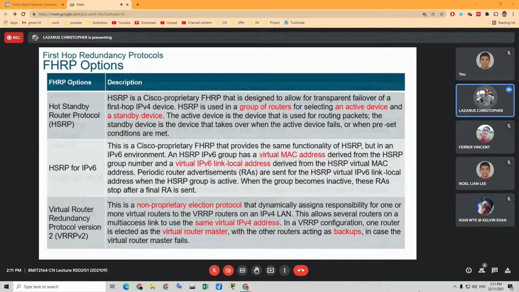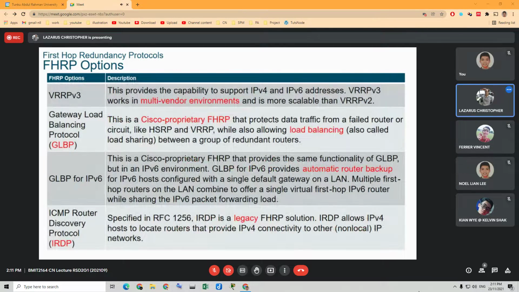Right. So the next slide, you can see others. The more up-to-date version, VRRP version 3, supports both IP version 4 and IP version 6. And it's because it's open, it's non-proprietary, it's open. That means it's the protocol that you want to go for if you're working in a multi-vendor environment. Means you have more than one vendor providing different brands. Okay, and because this is a newer version, it's more scalable. More scalable means I think it's easier to increase the